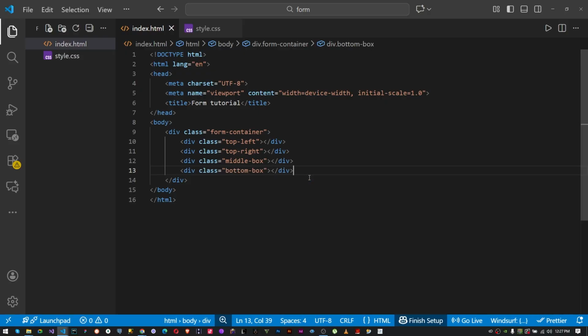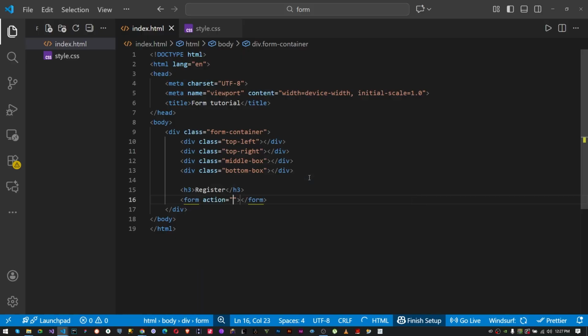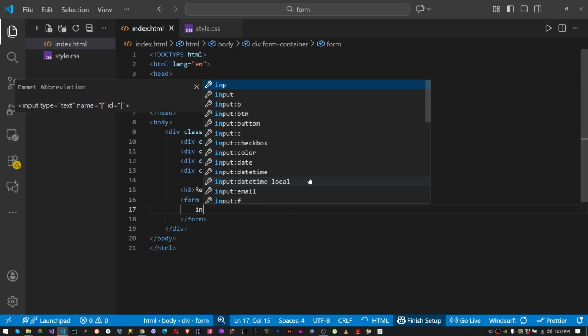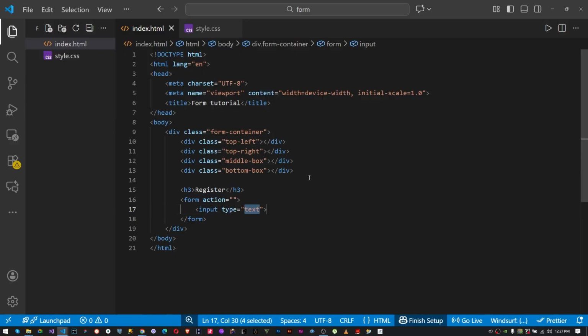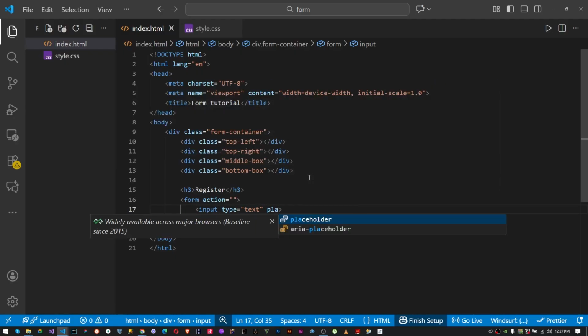So we're going to have an h3, let's call it register. Then let's create a form. It's going to ask us for an action. We don't have any action, so we're going to create an input, and the placeholder will be